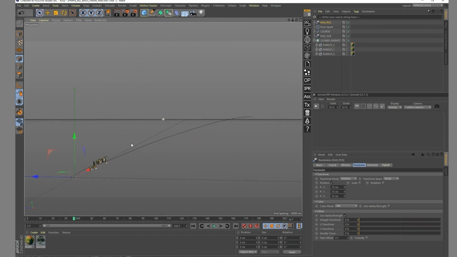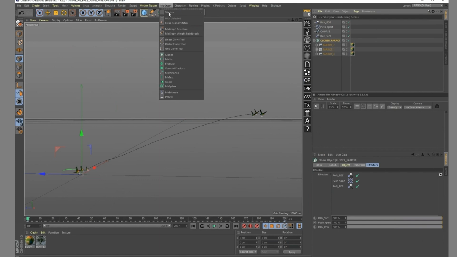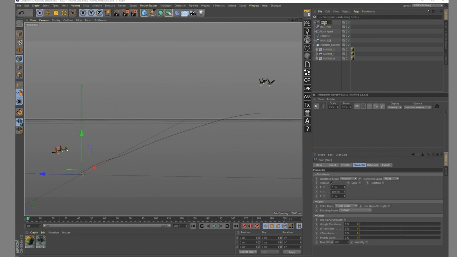So that's fine, but I still have one issue, which is if they arrive at the beginning like that, I'm going to be able to see, of course, that they are not appearing from nowhere. So of course I'm going to build my spline to have some leeway at the beginning and at the end, but I can also do something really nice, and that's going to give us a new opportunity to use another MoGraph effector, which is going to be a plane effector.